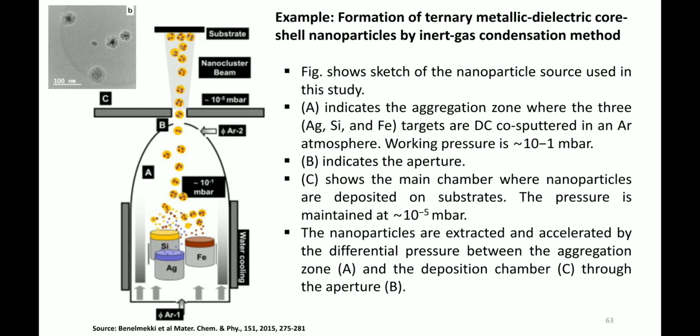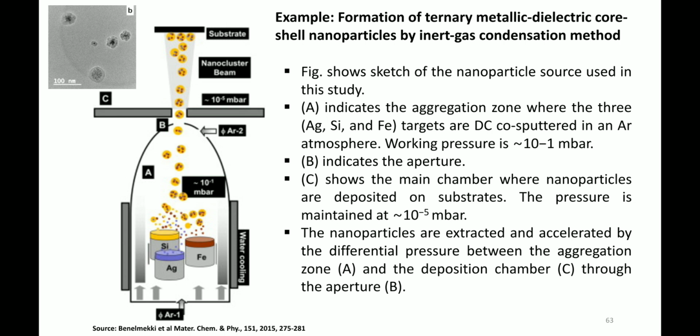So there is some metal nanoparticle inside, let us say silver or some other metal nanoparticle, and then you are making a shell of some different material which is covering that metal nanoparticle from outside, okay. So this type of nanoparticle is called a core shell nanoparticle, and in this paper they have focused on the synthesis of ternary metallic. Ternary means they have used 3 different metals, so that's why they are calling it ternary metallic, and the core.